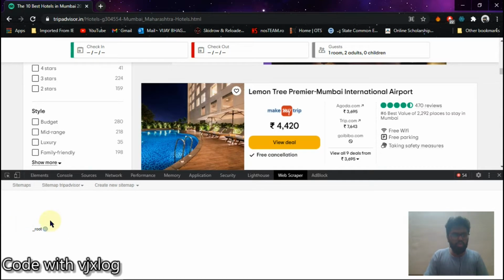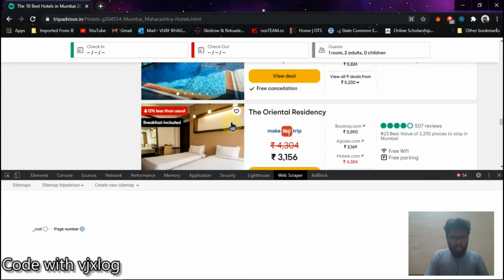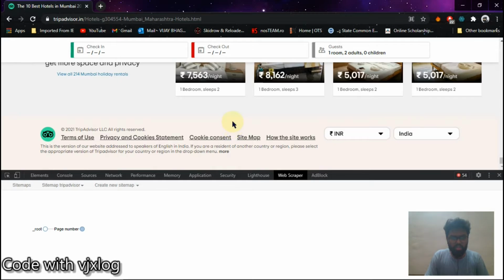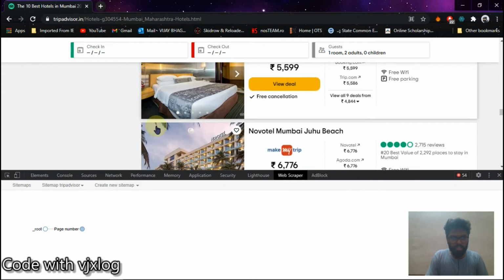So root means the initial page where you are processing it, this page, this link. Now from root, I'll click it. We come to know that first of all a page number will be selected. So first of all in root it will select page number 1, then this page appears.